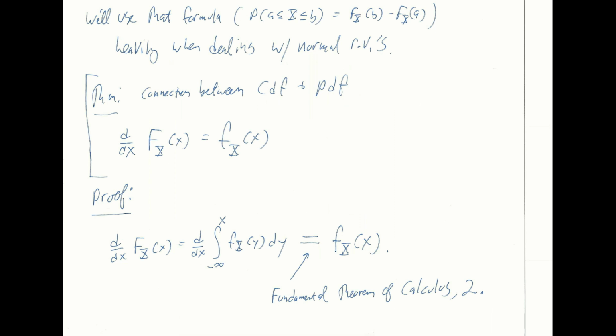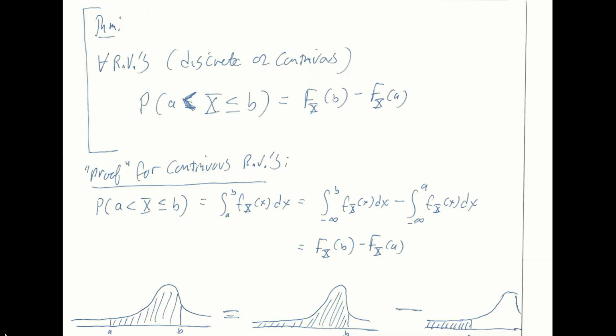One thing to say is that this theorem here is stated for a strictly less than capital X, which is less than or equal to b, but as we just said, for continuous random variables, it doesn't matter which inequalities you use. So we have to be careful with which inequalities are used if we want the theorem to be true also for discrete random variables. And the theorem is true for discrete random variables when stated this way, but